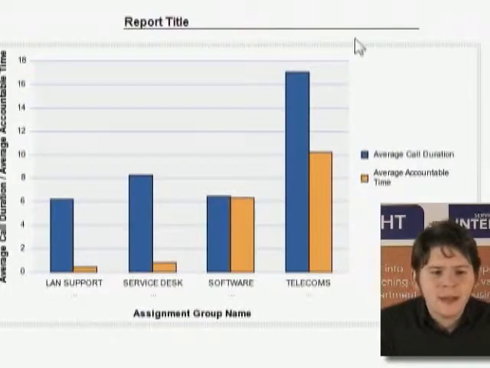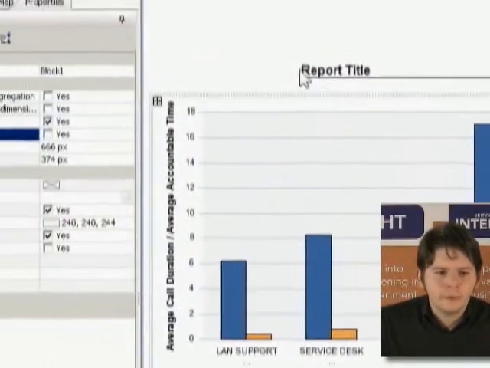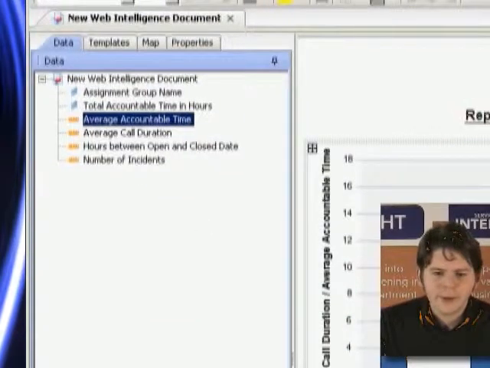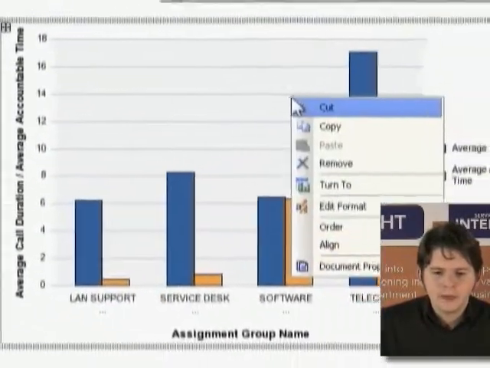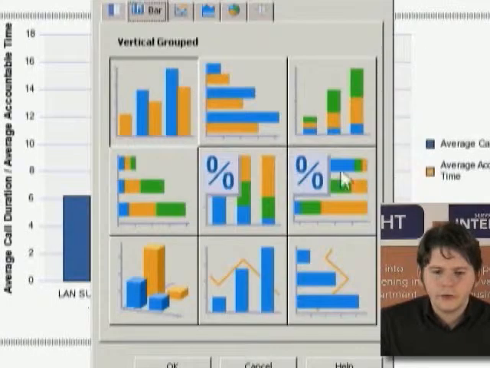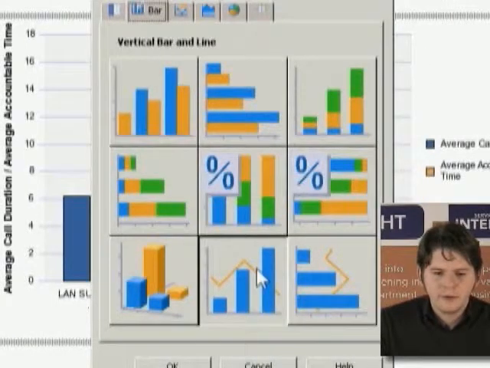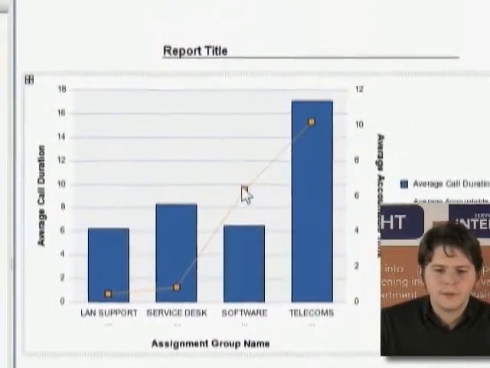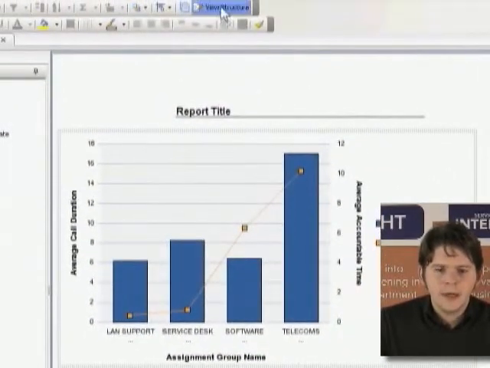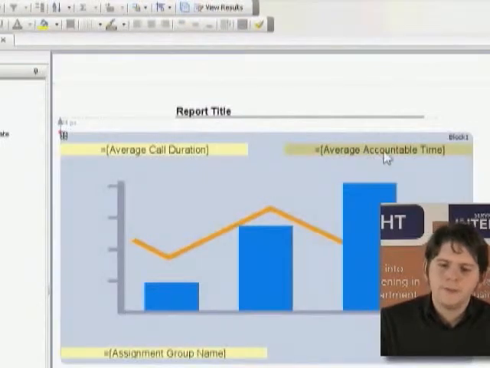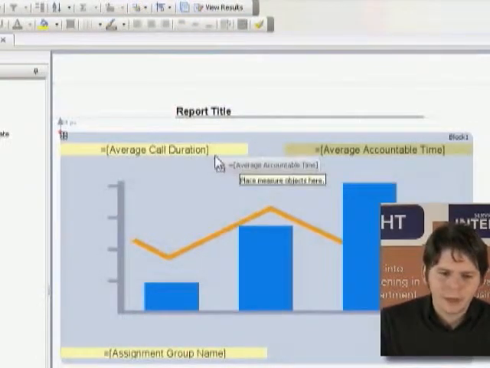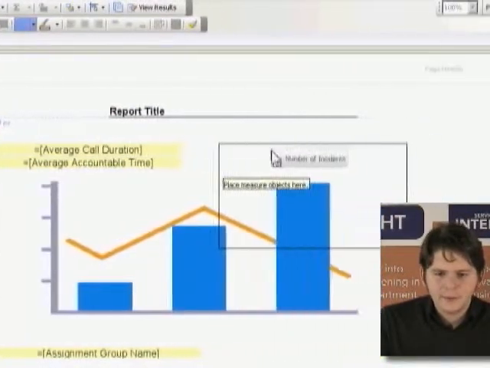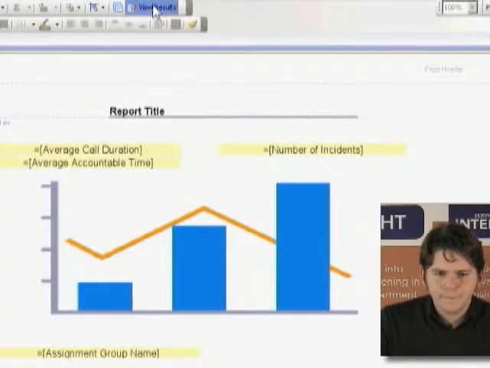So we want to bring in the number of incidents, which, as you'll see, is already in our data pool because we used it for the variables. So I'm just going to right click on this chart and do term 2, because we're on a different chart. We're going to use the vertical bar and line, and that transforms the chart into a vertical bar and line. And again, I just want to go into view structure, because it's by default moved the accountable time over to a line, and we don't want it there. We want it still as a bar, and we're going to bring number of incidents in as a line. Okay,